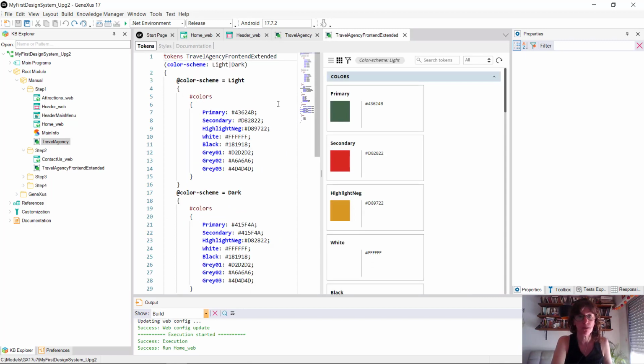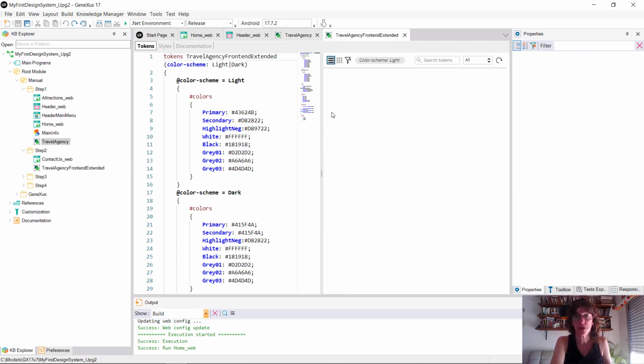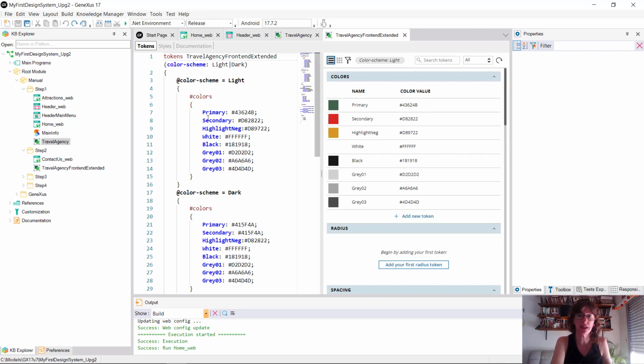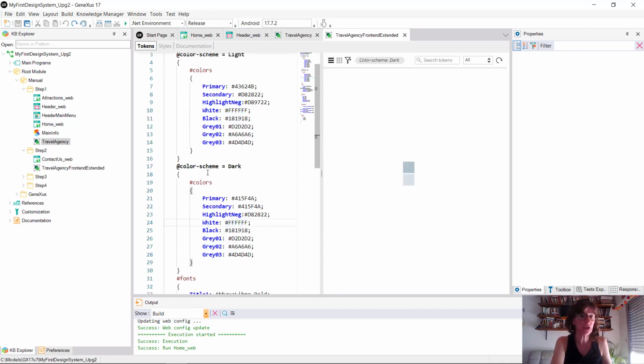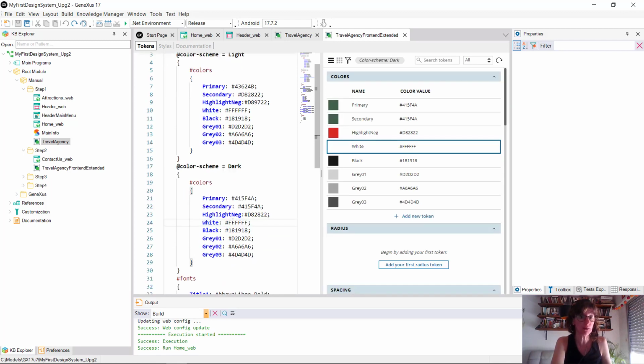And if we look here, let's see what we've done. In the token section, we didn't define the tokens that came from travel agency, but rather we added new ones, and then we made them be varied by option, by the color scheme option. So let's look at it this way. What we see is that we can define more color tokens that we're going to need in the application. Among these color tokens, we see the white token, used to define a type of white. In this case, I am making it vary by color scheme, although if we look at the value, it's exactly the same. But by defining it like this, I could make it vary.